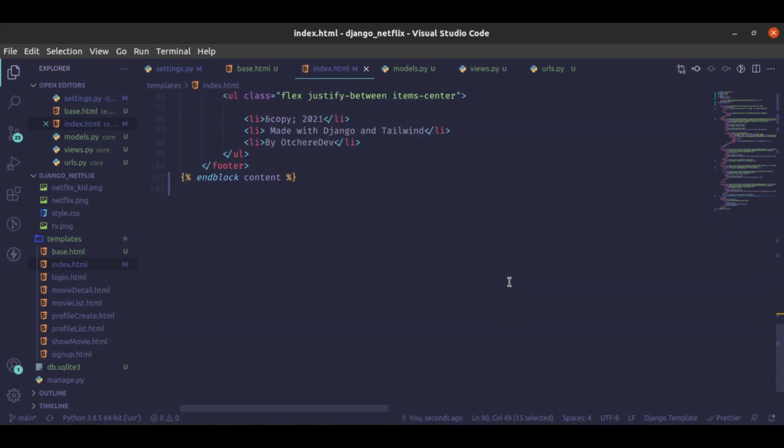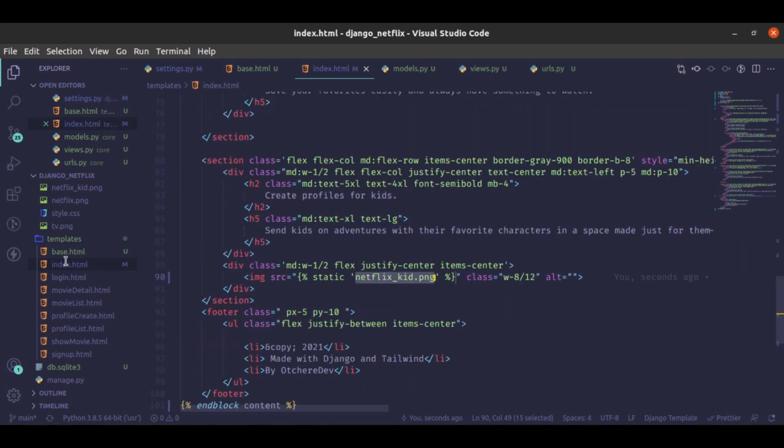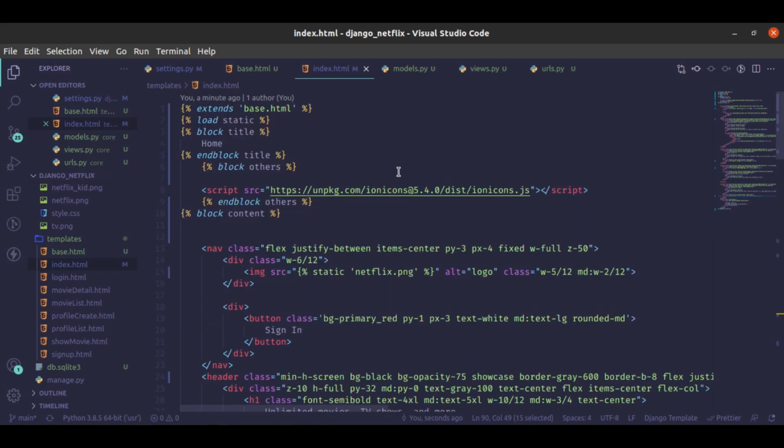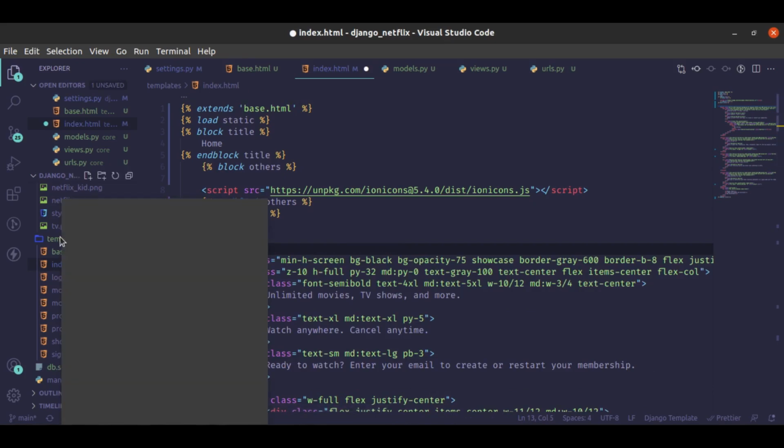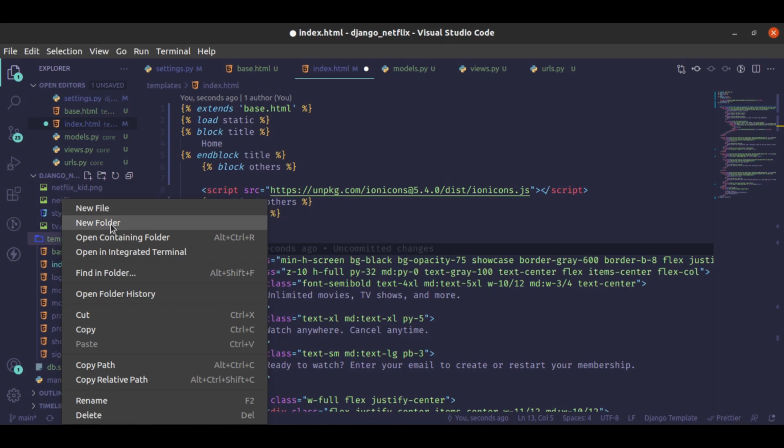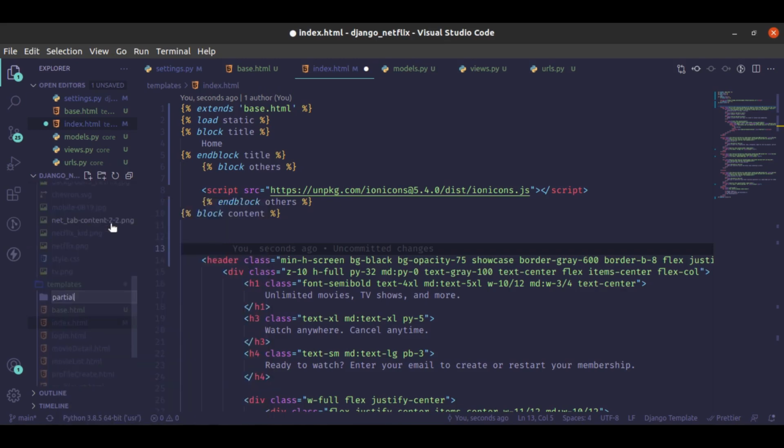When you go through all the templates now, you see that you'll be using the navbar in almost all the templates. So it makes sense that we make this a partial, then we include it in all of our files. Let me cut this part off, and inside the templates here, we are going to create a new directory called partials,